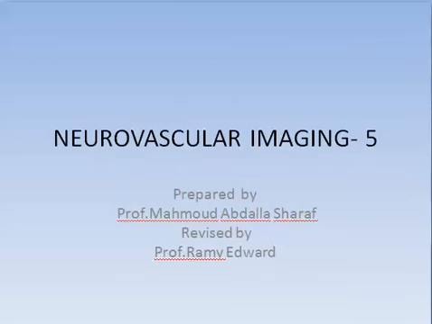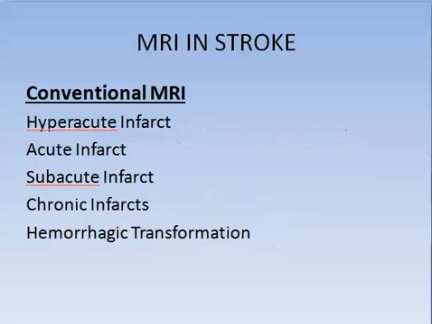This is presentation number 5 in the neurovascular imaging series prepared by Prof. Sharaf and revised by Prof. Rami Edward. MRI in stroke: by conventional MRI you can see hyperacute, acute, subacute, and chronic infarcts, and